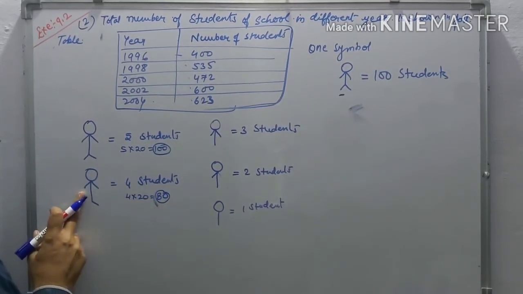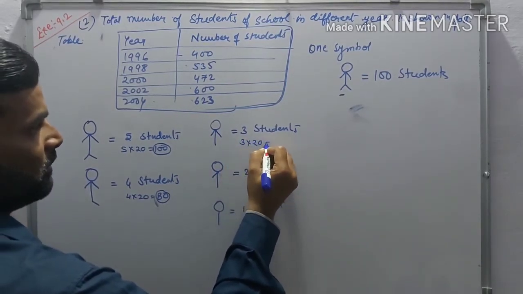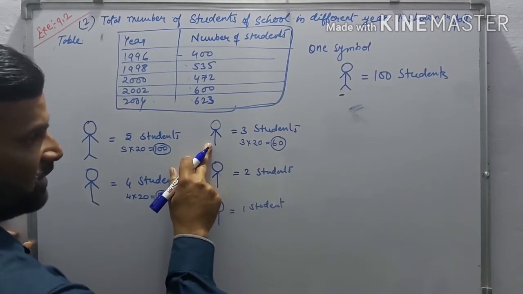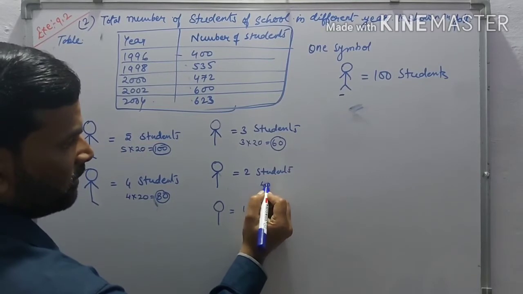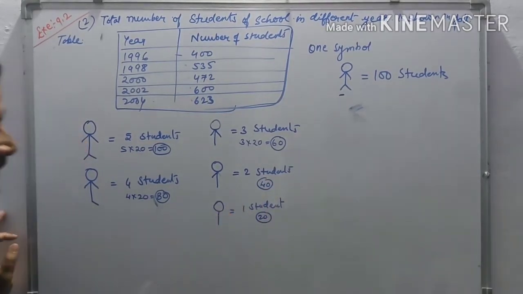You have to draw this type of diagram, and here 3 into 20 is equal to 60. Suppose we round off 60, you have to draw this type of diagram, and 2 is 40. That 40 is simple, and 20 is only this. Okay,